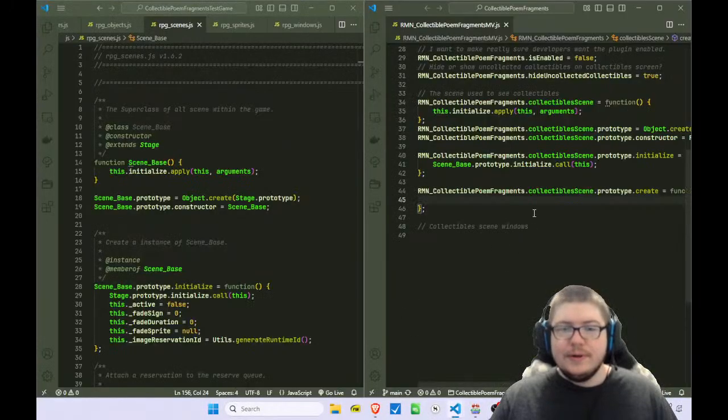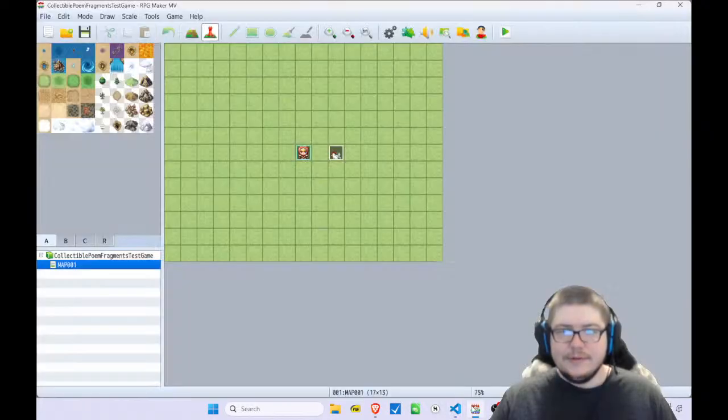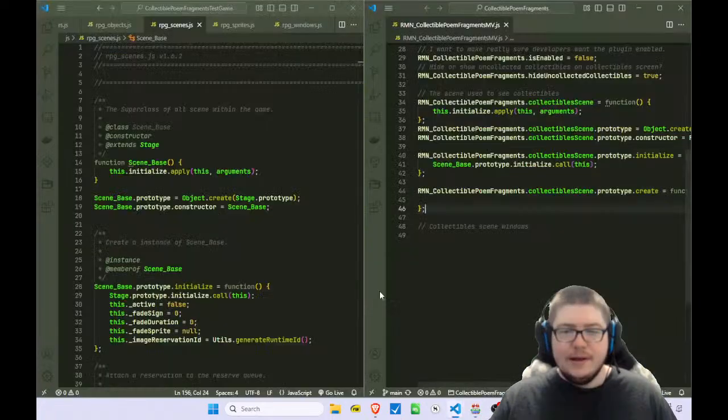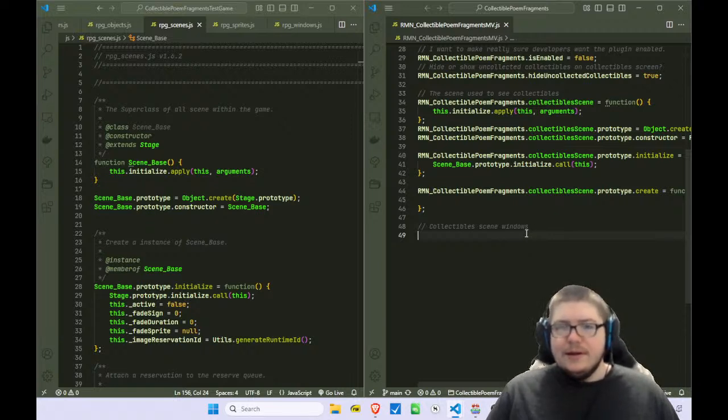I'm going to be working on a plugin for RPG Maker today. On the left hand side we have the test game, which I have open in RPG Maker. On the right hand side we have the plugin file. I'm making a plugin to add collectible items to the game using hidden items in RPG Maker, which have associated poem fragments so that the player can read a complete poem when they're all collected, or part of a poem